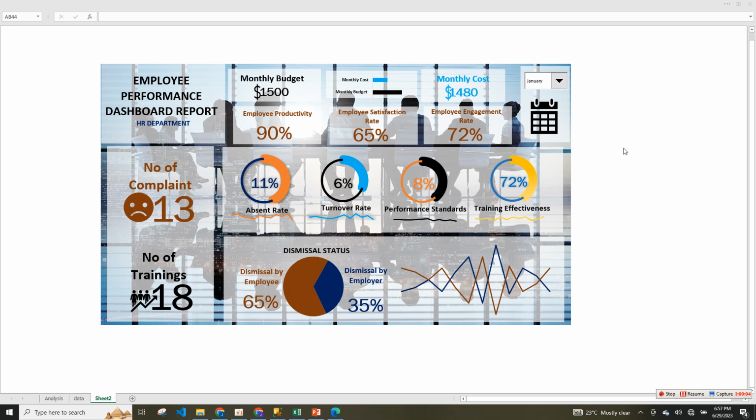In this tutorial, I'll be taking us through how to build a dynamic and interactive professional dashboard report for HR in Excel. So this particular dashboard is about HR departments and my analysis is based on the employee productivity, employee satisfaction rates, employee engagement rate, monthly cost, monthly budget, number of complaints, number of training, dismissal status, whether by employee or employer, and absent rate, also turnover rates, performance standards, and training